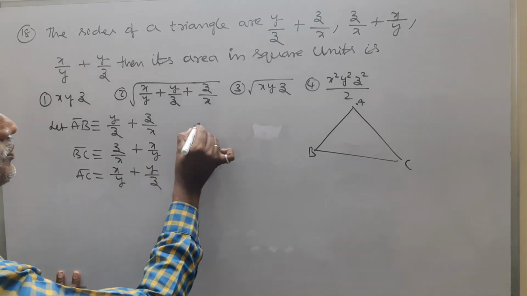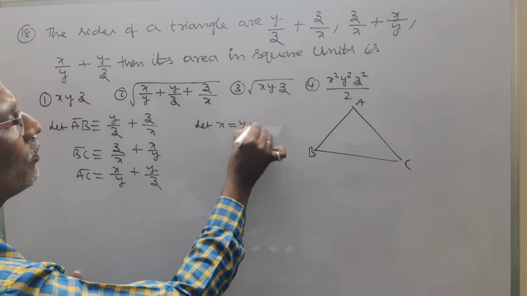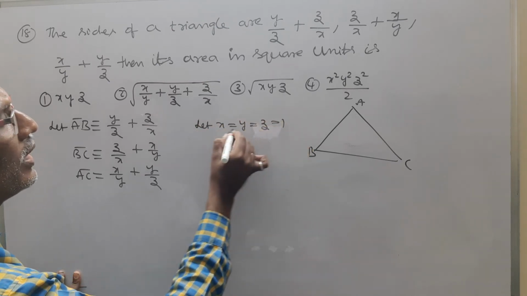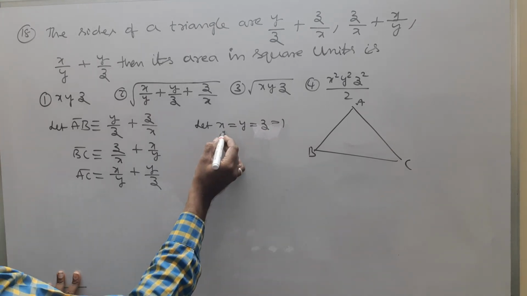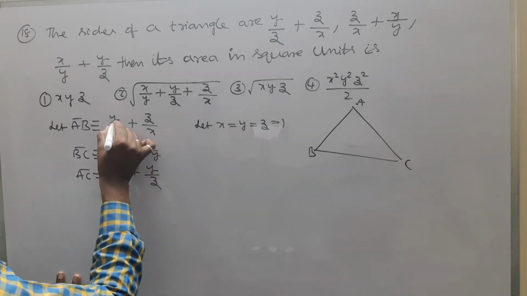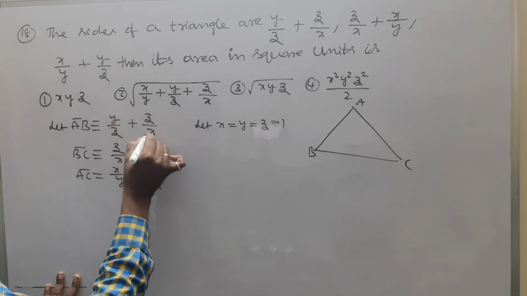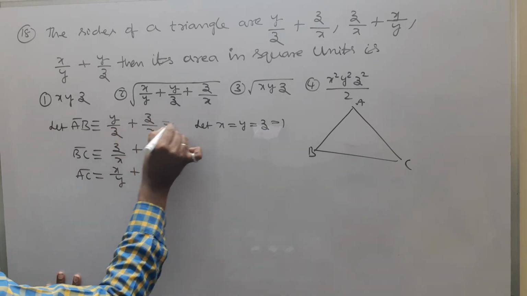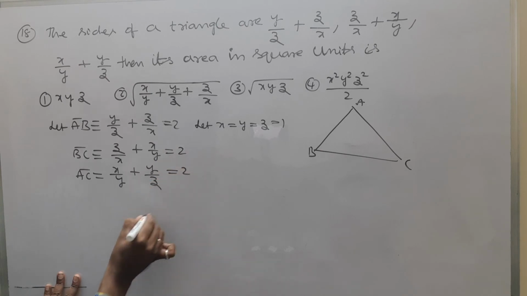Here to take the equilateral triangle, x equal to y equal to z equal to 1 or any number, say 2, any one you take. Here let x equal y equal z equal 1. Then y by z is 1 by 1, 1, z by x also 1, 1 by 1, 1, so 1 plus 1 is 2. This is also equal to 2, and this is also equal to 2.